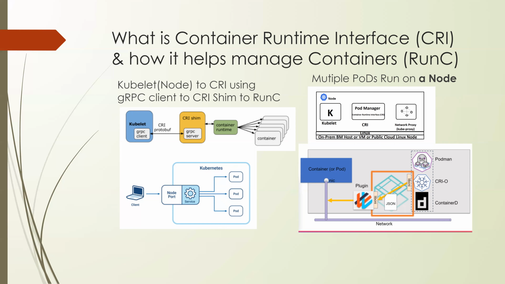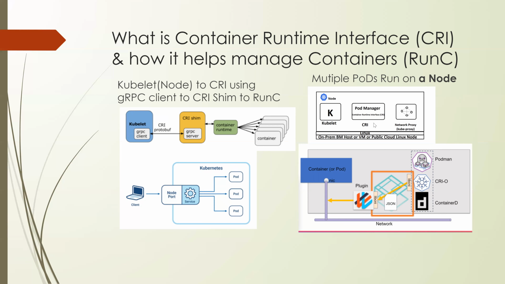So the Kubernetes control plane talks to a Kubernetes node, a worker node, through the kubelet. The other two pieces, which must exist on a node, either on-prem bare metal or publicly hosted, where Kubernetes is running, need to have at least a container runtime interface, CRI, which can be managed by either Podman, or it could be CRI-O or containerd. So these are all the various runtimes that interact with or through the CRI.